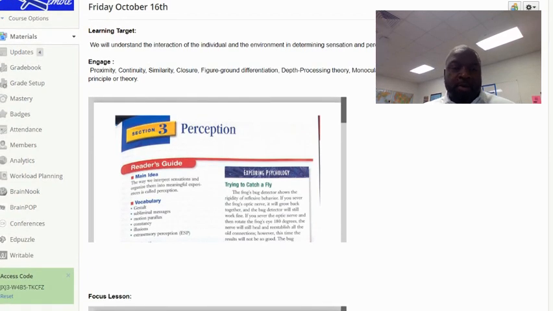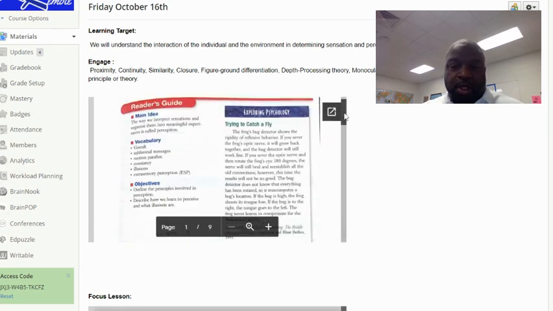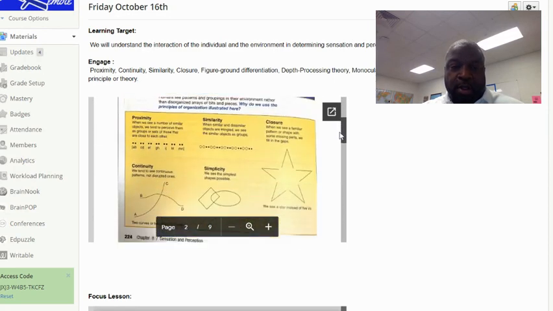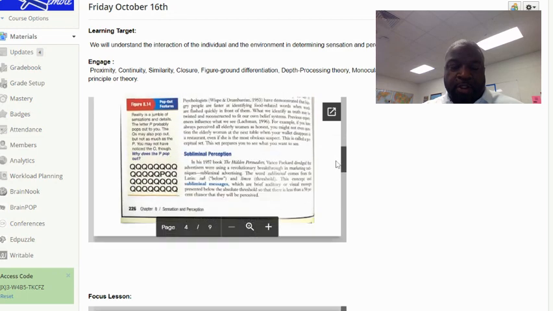If you would take some time and familiarize yourself with the vocabulary terms that I've listed, starting with proximity, continuity, etc. So go ahead and get familiar with those. And they're going to be in section 3 of your text. Okay. Now, after you have familiarized yourself with those terms,